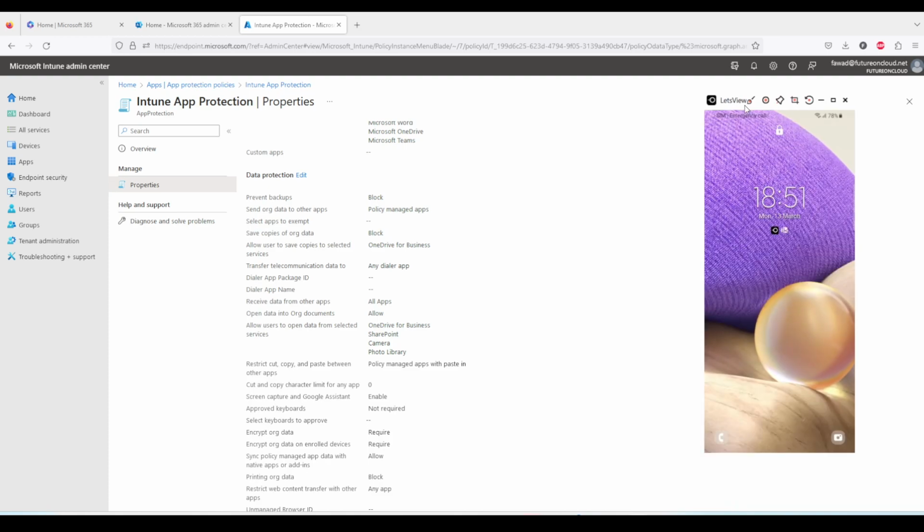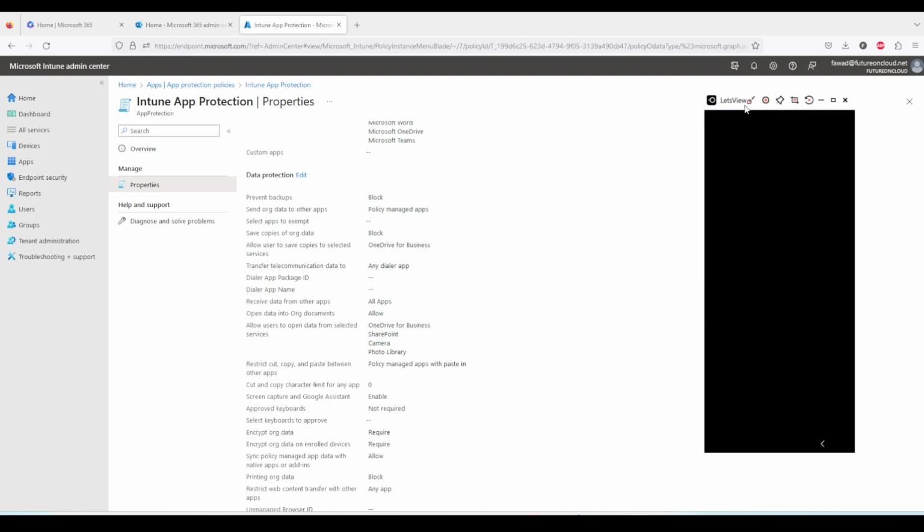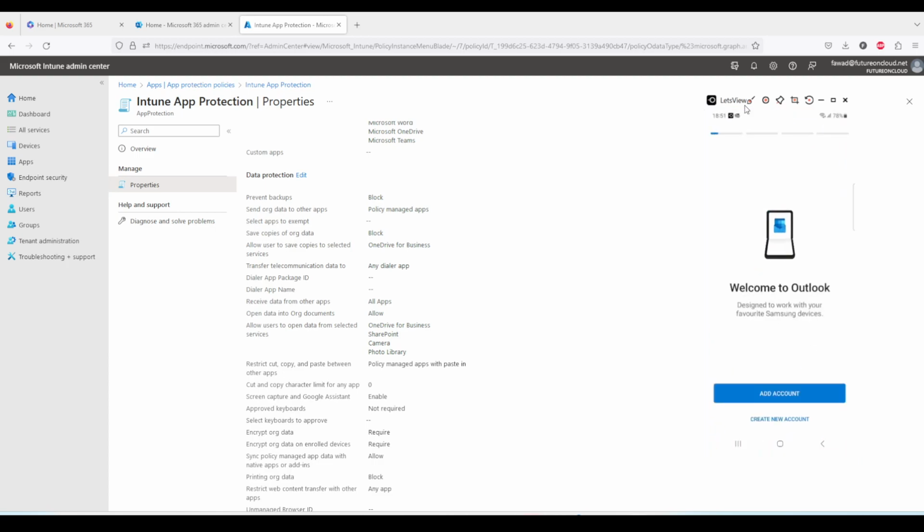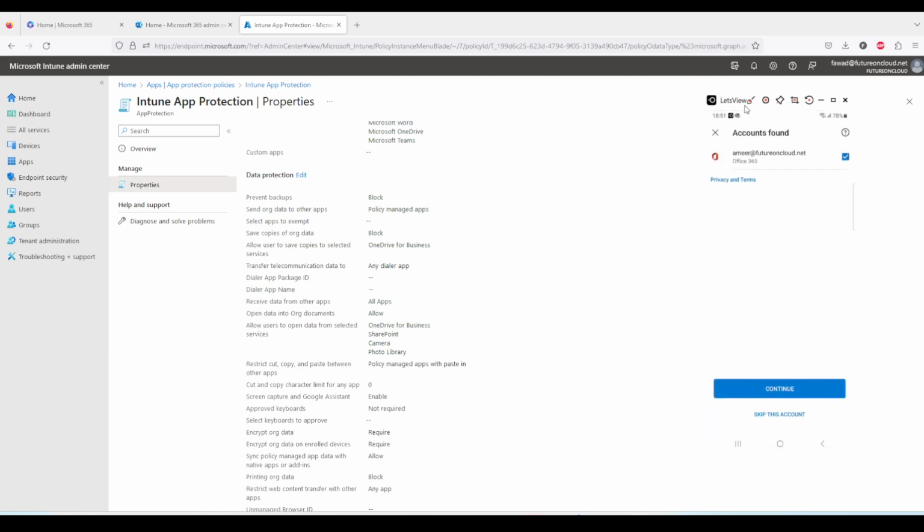Let me jump into my Android phone. So this is my Android phone. What you need to do is, I'm going to configure Outlook. Just open add account. I'm using this account Amir at futureoncloud.net. One thing I forgot to show you